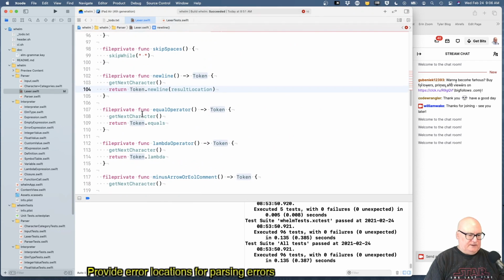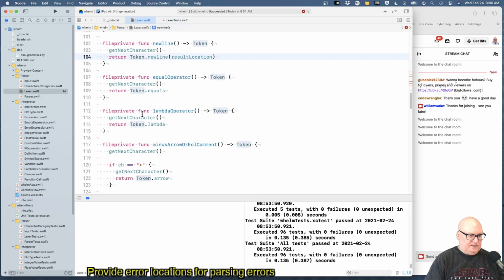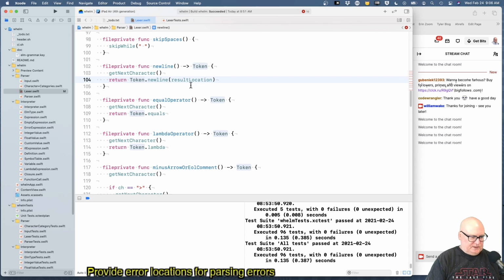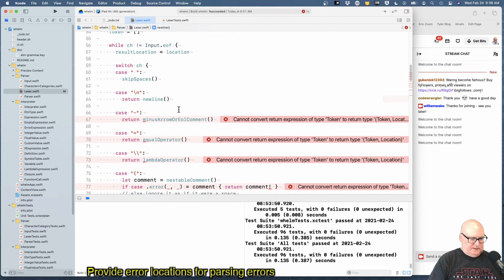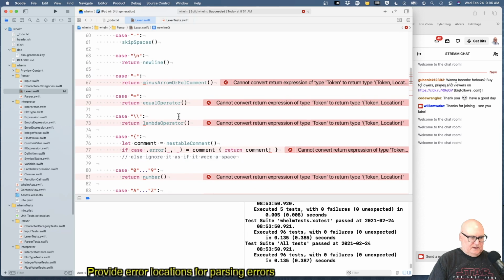Everything funnels back through. Well, the token's responsible for knowing where its start is. So let's modify this. Okay, and we're going to return this. All right, that should fix that one. Yep. All right, and then otherwise,